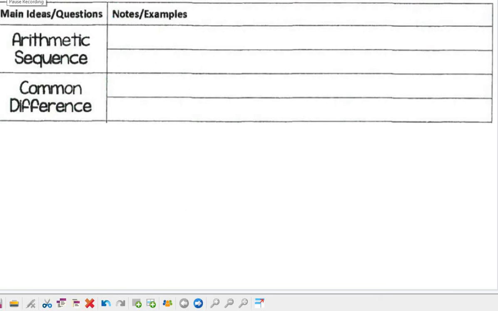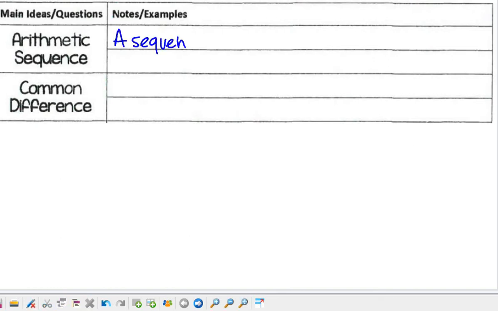Okay, so today we're going to talk about arithmetic sequences and what they mean and how to find them. Okay, so remember that a series is a sum of a sequence. So an arithmetic sequence is a very particular sequence. We're going to talk about arithmetic series in just a minute. And so remember, a series is a sum of a sequence, and an arithmetic sequence